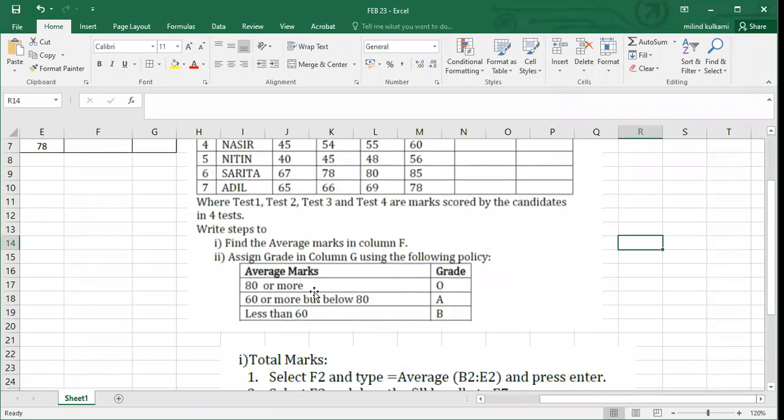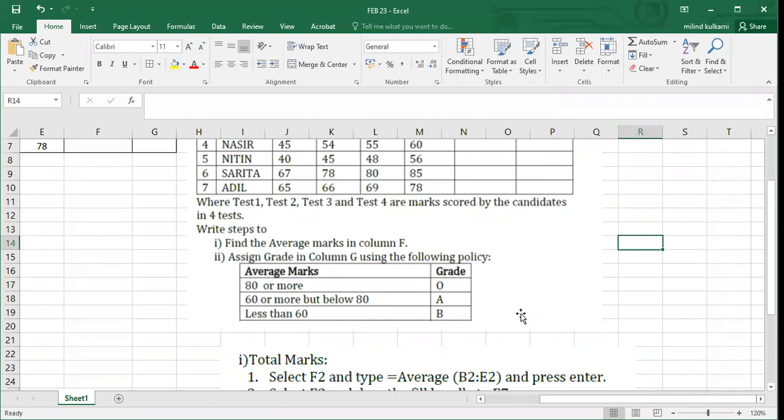If average marks is 80 or more, grade is O. If average marks is 60 or more but less than 80, grade will be A, and for less than 60, grade will be B.